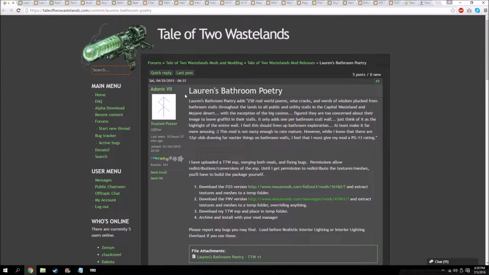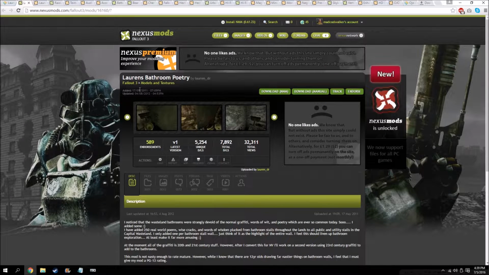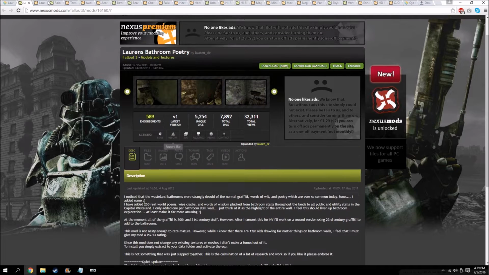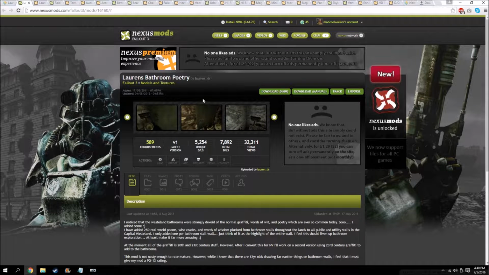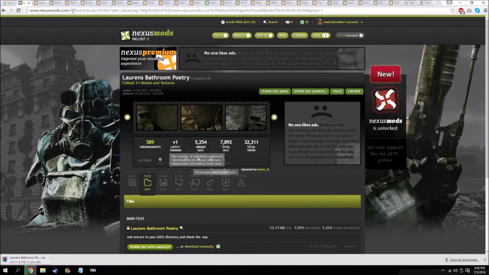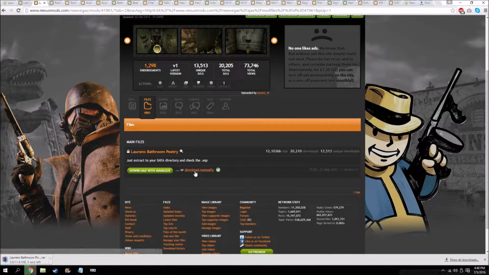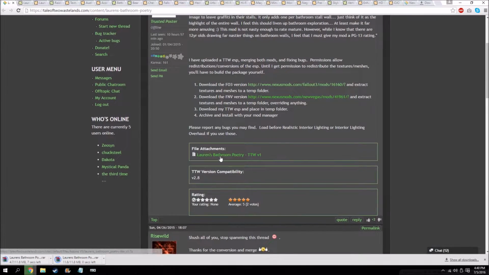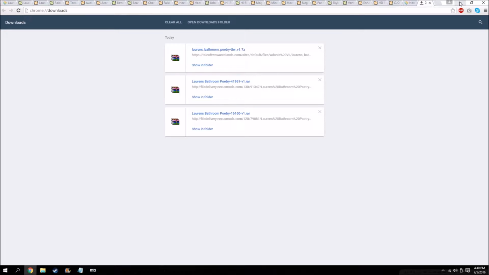Alrighty, so the next one we're going to be doing is Lauren's Bathroom Poetry. If you don't know, there's a mod called Lauren's Bathroom Poetry for both New Vegas and Fallout 3. All this does is make it work with Tale of Two Wastelands. So first we're going to go over to the Lauren's Bathroom Poetry Fallout 3, download this manually. Then the New Vegas, we're also going to download this one manually. And then over at the Tale of Two Wastelands forum, we have a replacement ESP that extends the functionality so that it works for Tale of Two Wastelands. So just grab this file here. Once those are done downloading,